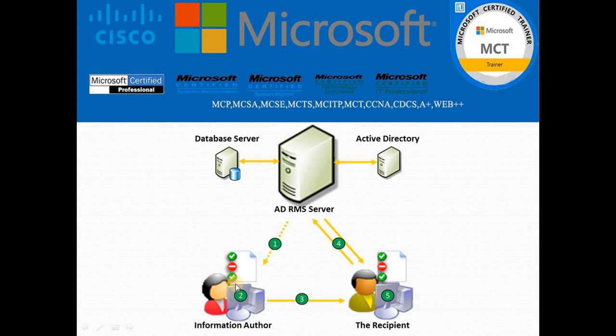So that's why this is a prerequisite: any user in your domain environment who is going to use this ADRMS feature needs to have a mail address. That means this user can share the file to another user, giving a specific permission. That means if ADRMS is deployed, and user number 2 wants to share the file